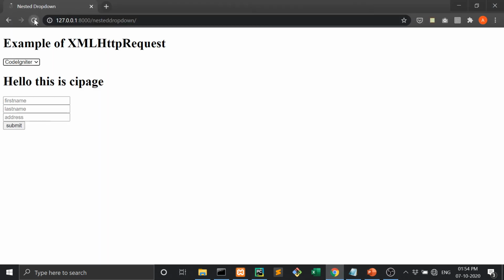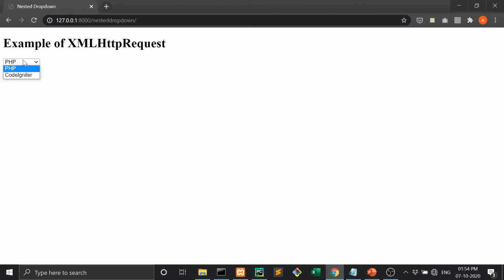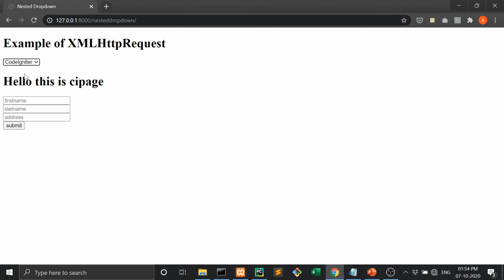Look at this again. I am going to show you. I am not hiding any div or showing any div. I am just changing the complete page, the complete HTML page. Look at this. So it will never create any problem. If you type something here and submit, then also it will work fine. So this is how this works.